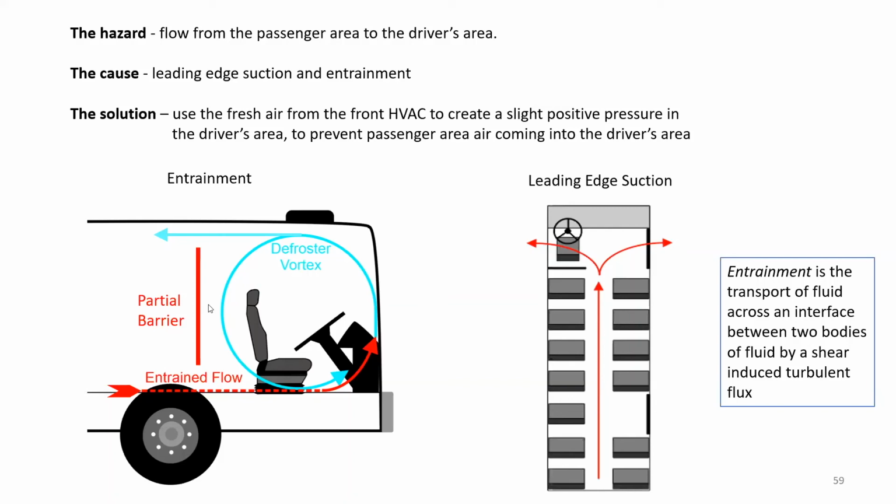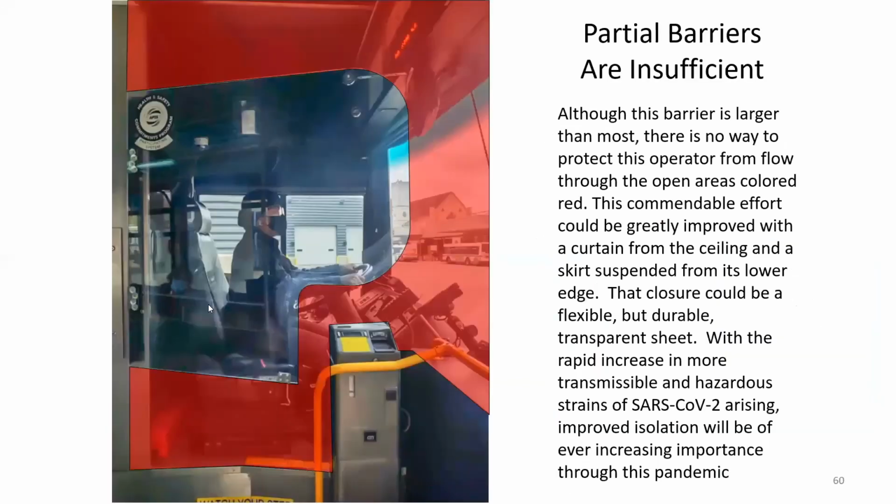And it is a real bad thing. And you've seen that airflow on the lower right-hand side. Here's what most of the barriers look like in North America. They're a partial barrier, and this just doesn't do the job. It does protect against respiratory droplets, but that really isn't the whole story here, and not the predominant exposure of operators. It's better than nothing, but A, we shouldn't be bringing people in the front, and B, the barrier should